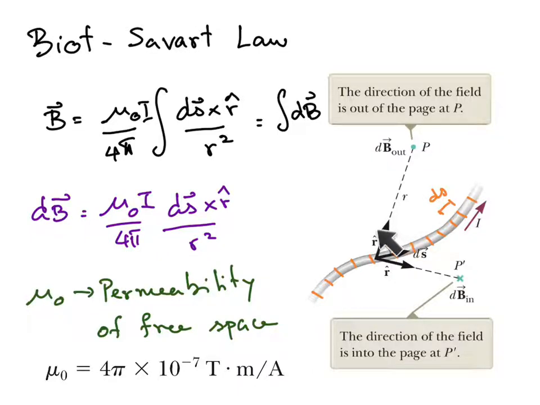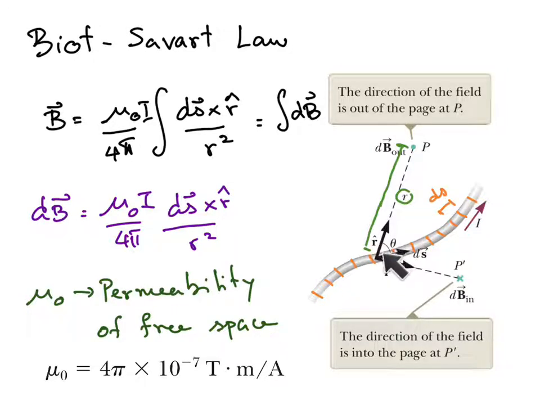Unit vector r has a magnitude of 1, and its direction points from this segment to P. We define r square, where r is the distance from the segment of the wire to the point P. This is the r. So we may interpret this as when the current passes through the wire segment ds here,